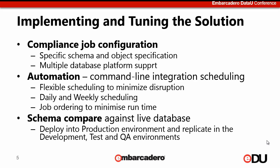So, and as I've already mentioned, they do a bit of job ordering to ensure that they're minimizing the runtime of the jobs in Change Manager. So everything's scheduled through the command line integration within the tool,